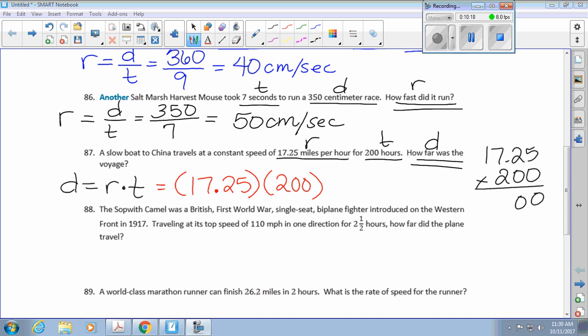Yep, add zeros, all right? So 2 times 5 is? 10. Carry your 1. 2 times 2 is? 4. Plus 1 is? 2 times 7? 14. Carry your 1. 2 times 1 is? 2. Plus 1 is? 3. Now,